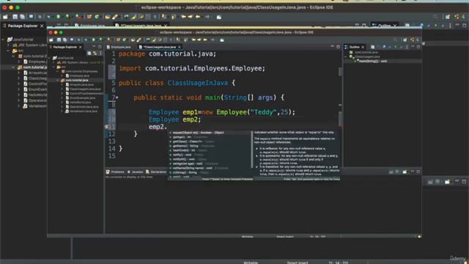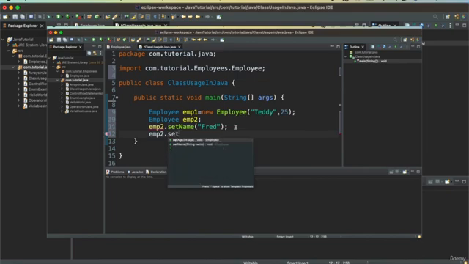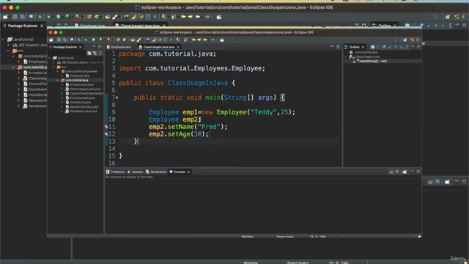So emp2.setName equal to Fred, and emp2.setAge equal to 30. Now as you see, this one is not initialized. We need to initialize this variable. So if we say here null,